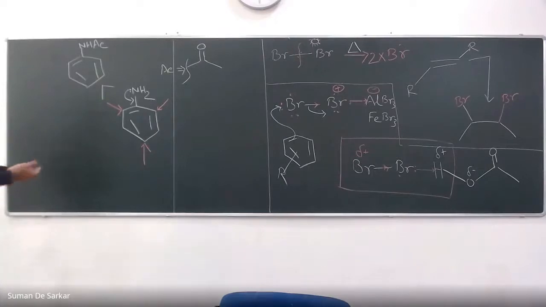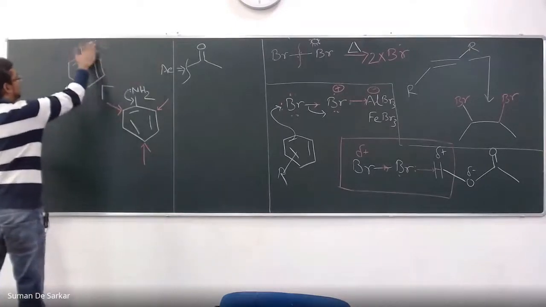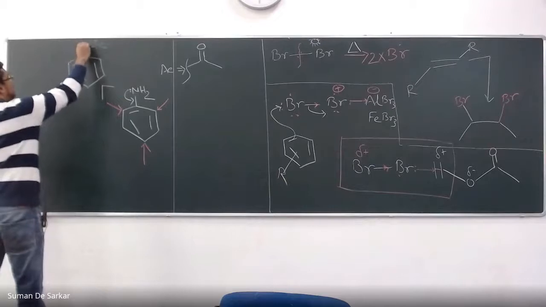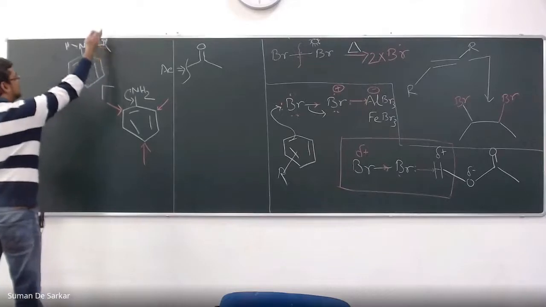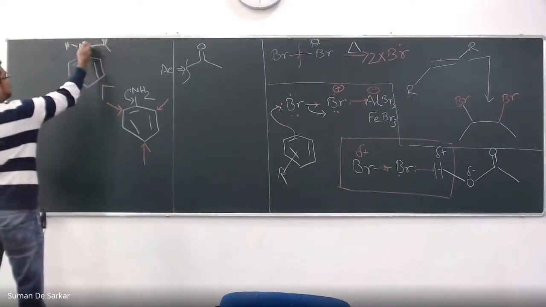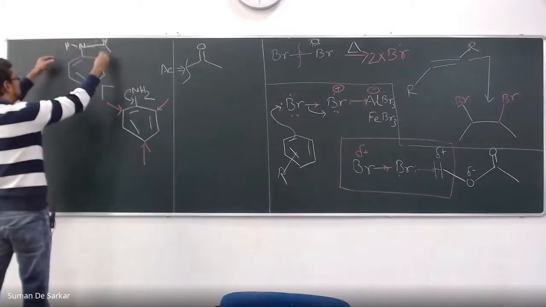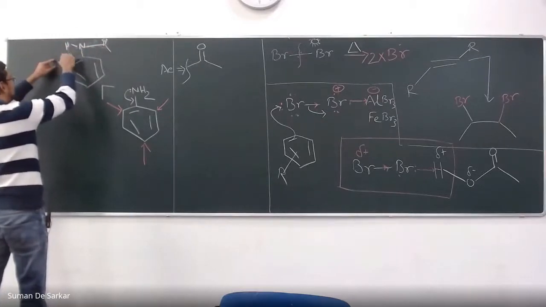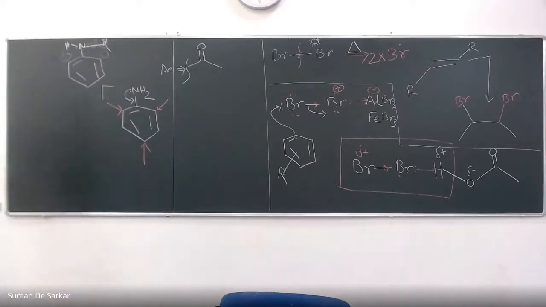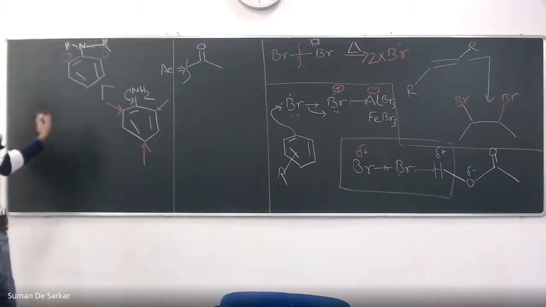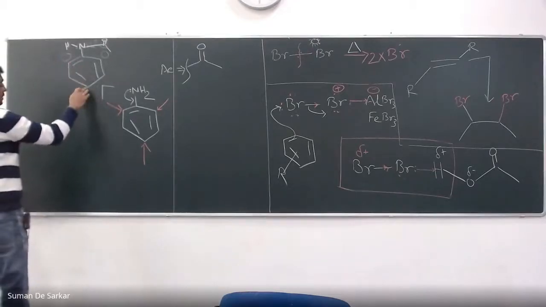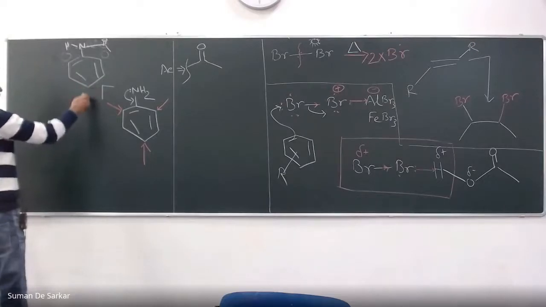And moreover, once we have this group here, you can see, if I expand this one, NH is there, and COCH3, I don't have much space to expand really. Now you can see this group, and this is a single bond. This is rotating like an umbrella, right? So the steric bulk of this group will also make this ortho position more sterically crowded because of the presence of this group. Because of these two reasons, the steric factor and electronic factor, the bromine will preferably react at the para position.